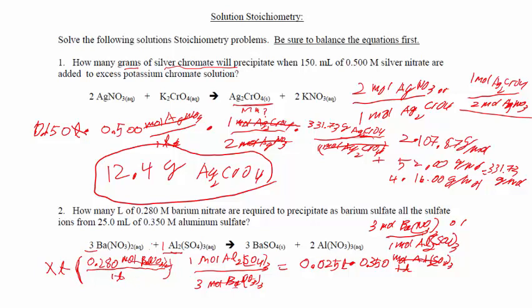What I end up with is moles of Al2(SO4)3, or aluminum sulfate, on each side. Now we have to rearrange things a little bit. And what I want to do is divide out essentially by this ratio, which means